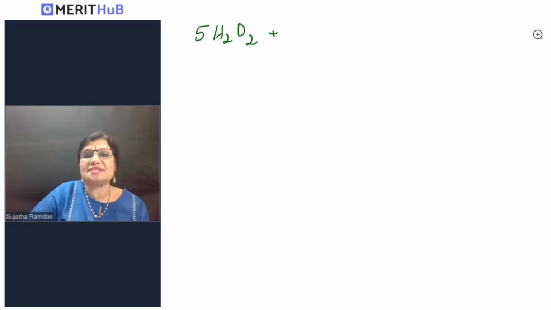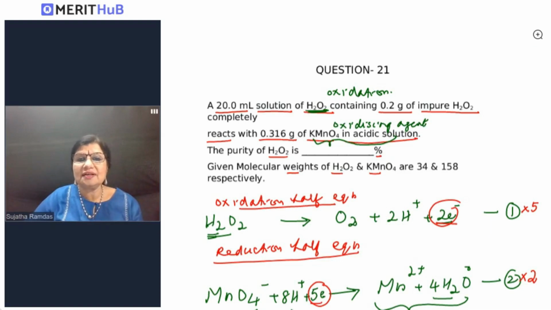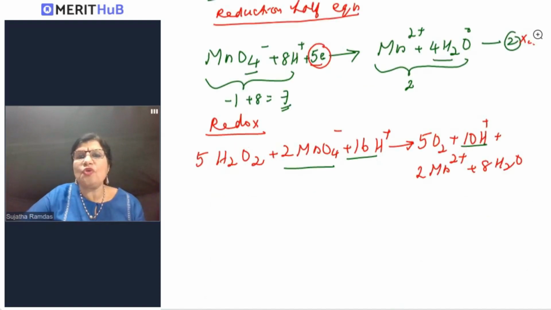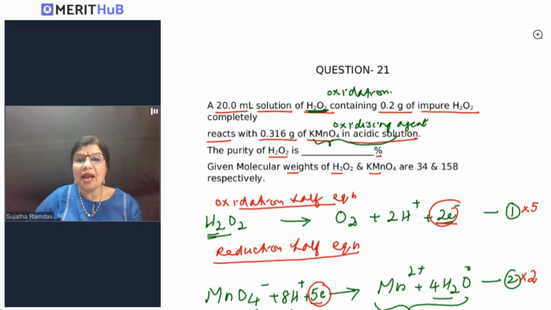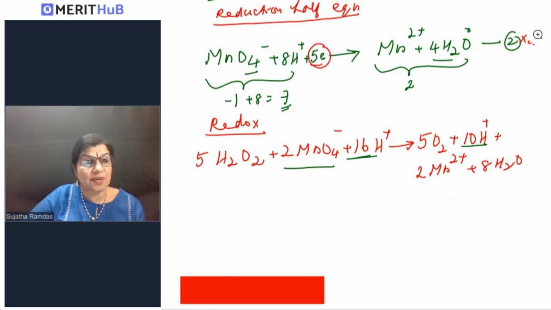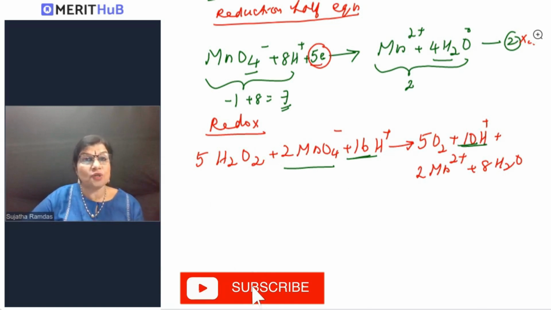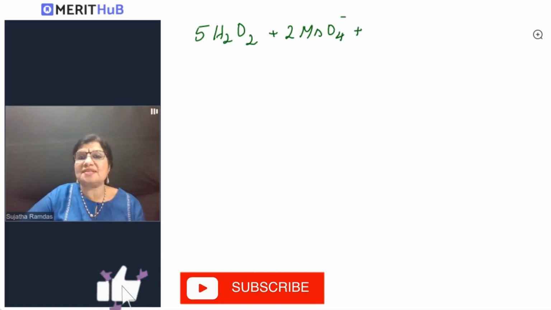5H2O2 plus, we have 2MnO4, so that is intact. 2MnO4 minus plus, and now we will subtract. We've got 16H plus here and 10H plus here. So resultant hydrogen ions would be 6H plus 6H plus, giving you